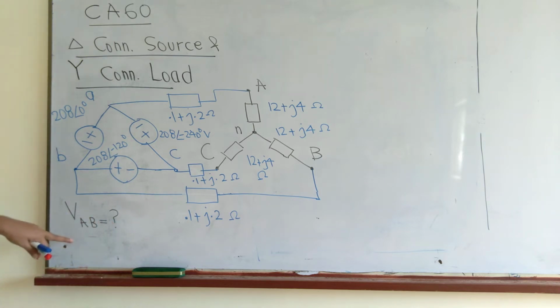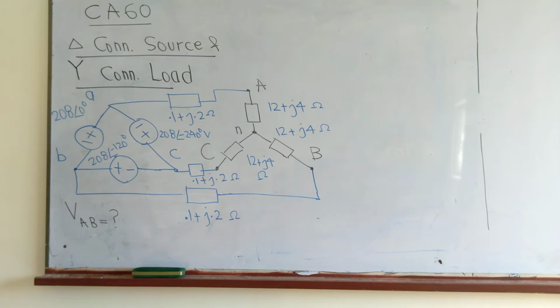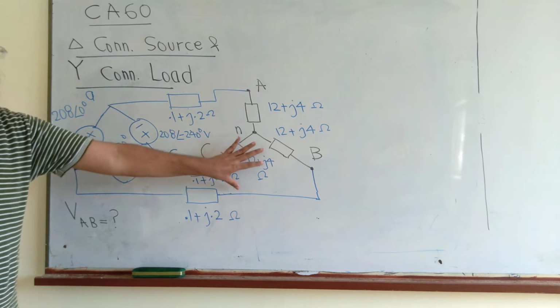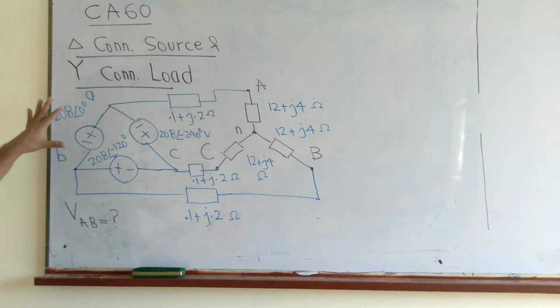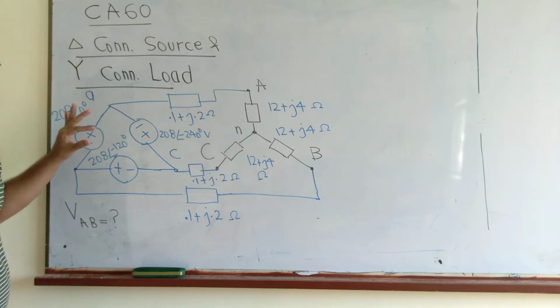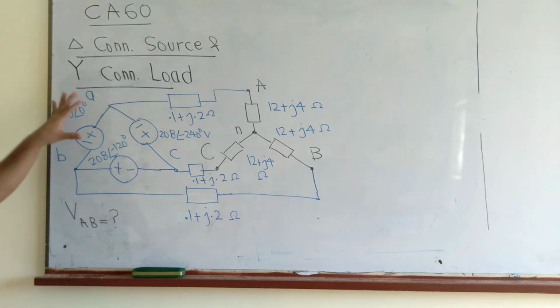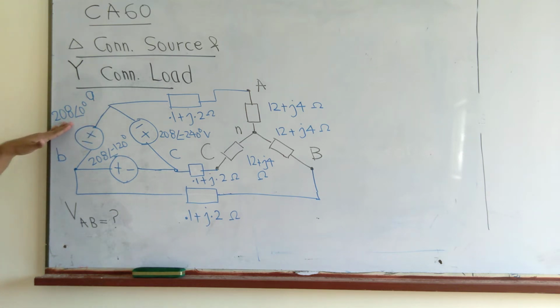VAB, we know, is a line voltage, and since it is capital A and capital B, this means it is on the load side. So on the load side we have to find this line voltage. To make calculations easier, we generally convert into one system. Either we convert the load into a delta connected load, or we convert the source into a Y connected source. To make per phase calculations, it is easier to convert this delta connected source into a Y connected source, and we know that when we convert it,